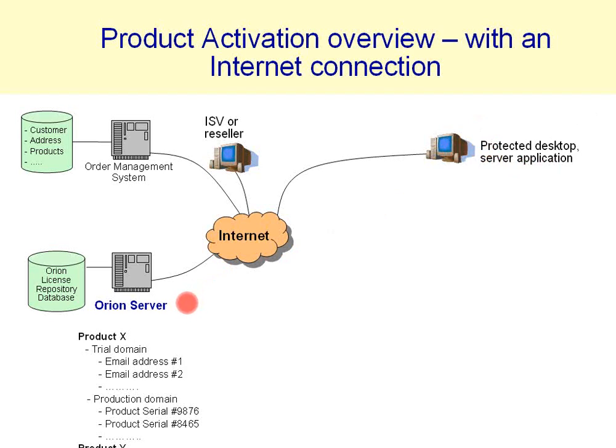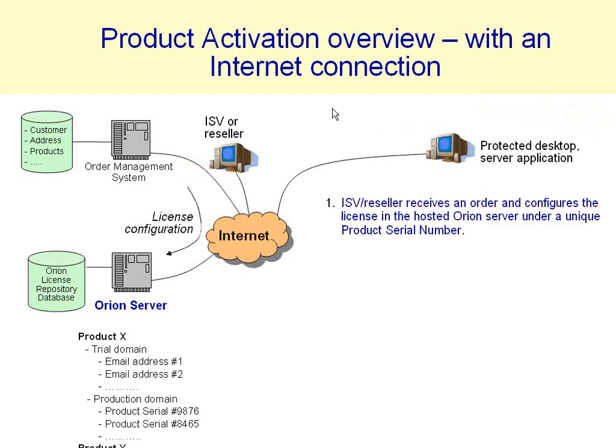Then you have a hosted Orion server, whether in your own data center or hosted by Agilus on our Acropolis service. And then you'd be setting up licenses, either you as the software vendor or your reseller, either from any web browser or automatically, perhaps via web services out of your back office system. So let's just walk through the standard process.